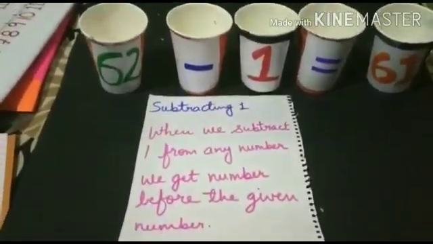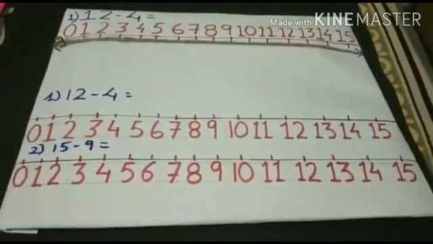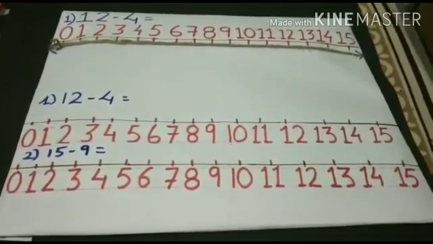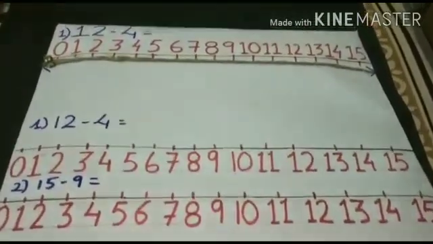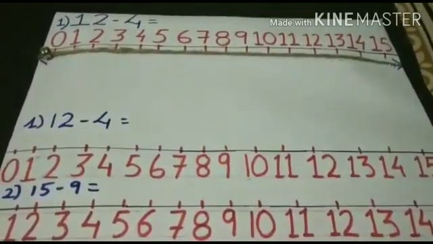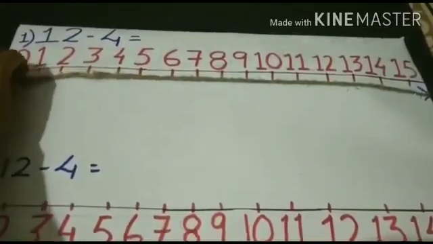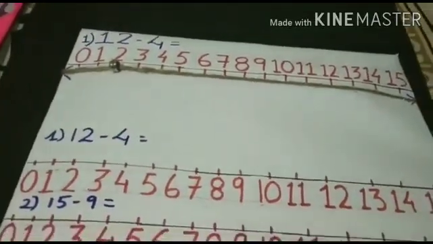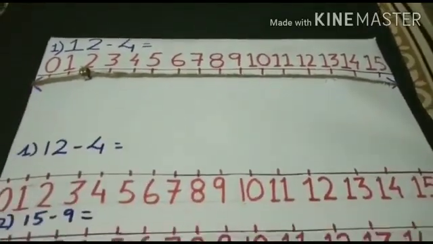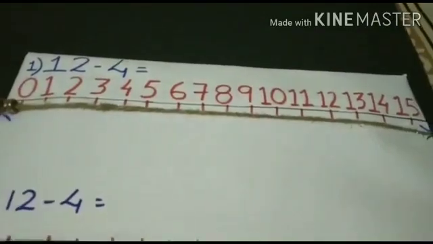Now we will discuss subtraction through the number line. Here it is, a number line, with numbers represented on the line. What is a line? That you will learn in a later chapter, but let me define it. A line is a figure which can extend from both sides. Here you can see 2 arrows. It says that it extends from both sides.